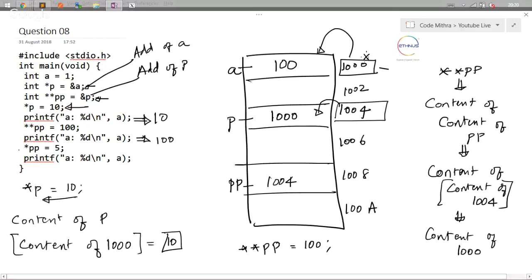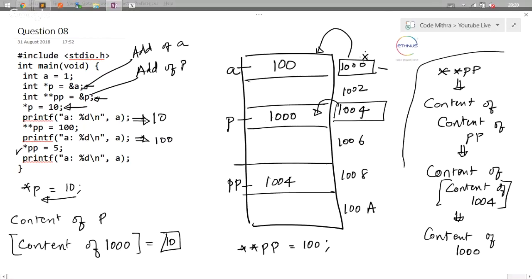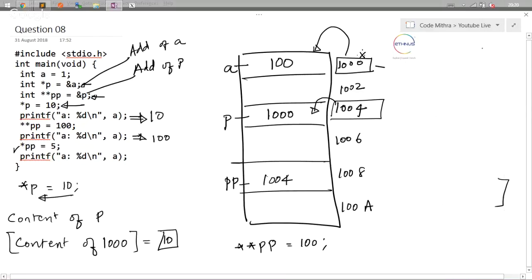Now again this line is a little complicated, right? So what this line says is, let me make some space. Okay, so what this line says is star PP equals 5. So the right hand side is super simple. It's not even a single variable, so we don't have to understand what is right hand side. Again, you'll have to start from right to left. We don't have to understand what is 5 because it's constant. So star pp is nothing but content of